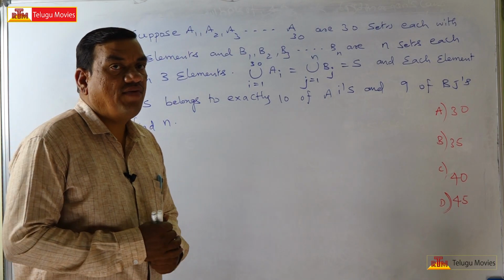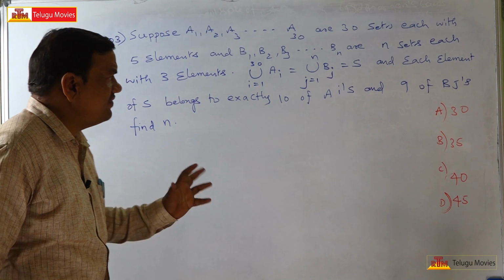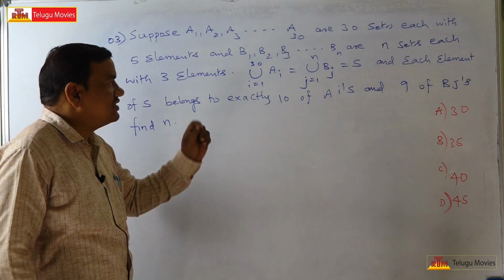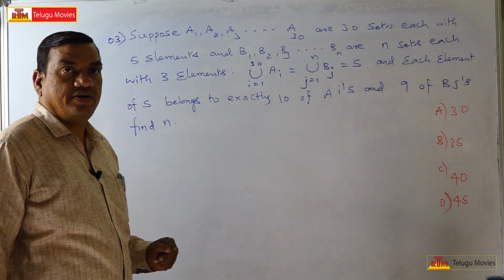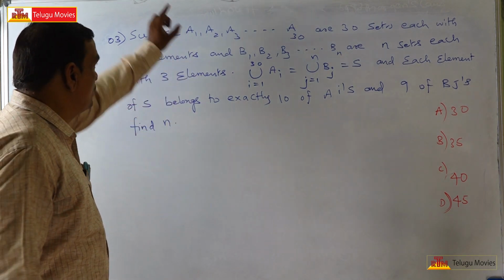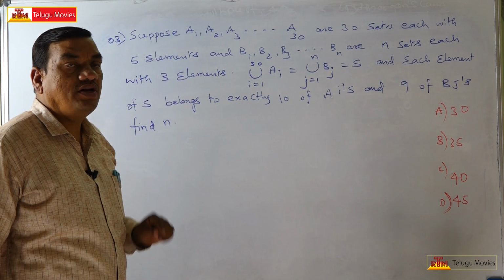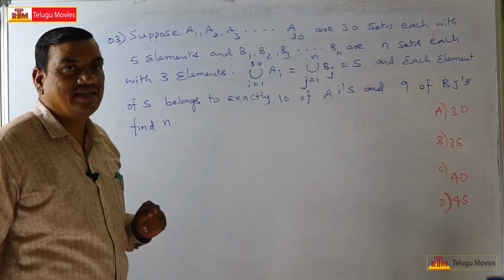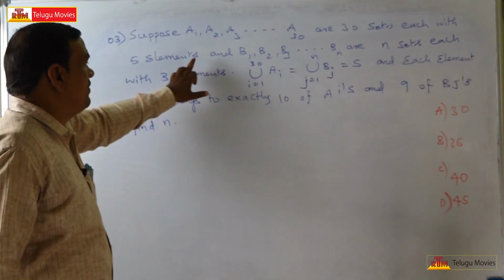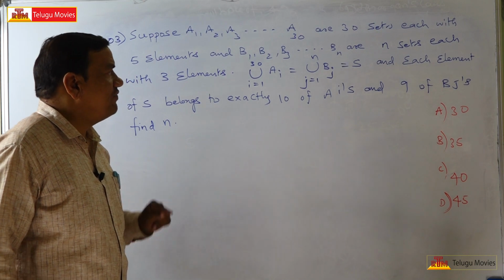Dear students, welcome to the third problem. This is a very important problem. It was previously asked in some competitive examinations. The question is: suppose A1, A2, A3, and so on up to A30 are 30 sets, each with 5 elements, and B1, B2, B3,